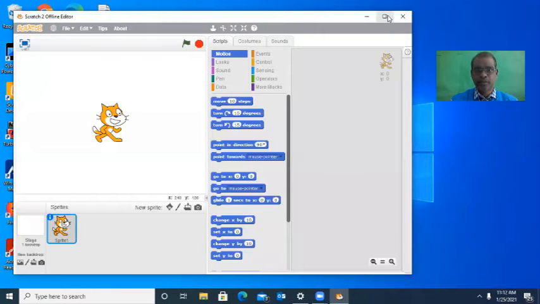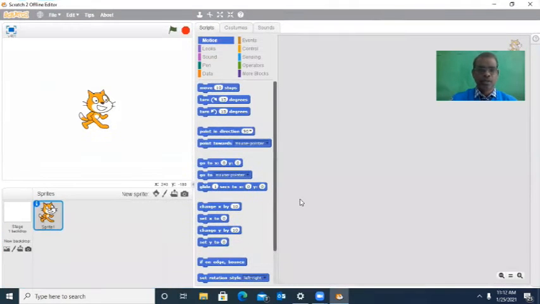I just maximize the screen. The project can be divided into two parts. We have to write two program codes, one for the cat and another one for the fish. First we can finish the fish part, then we can go for the code for the cat. There is no fish, so we have to insert it.